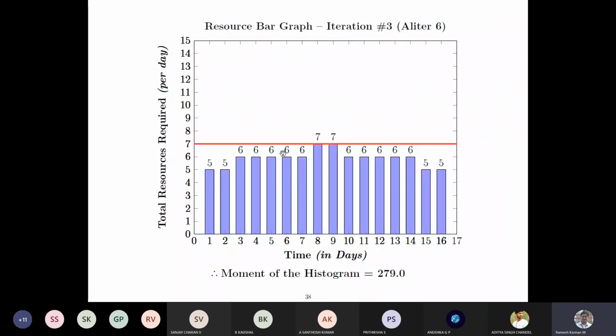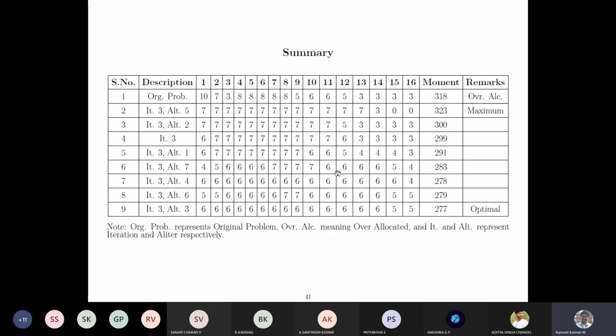And finally, we'll talk about different combinations, like a uniformly varying load. Then probably we got 279, which is higher than 277. We tried different methodologies and different profiles, and finally this is the summary.